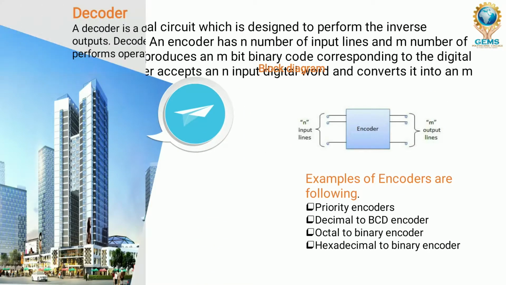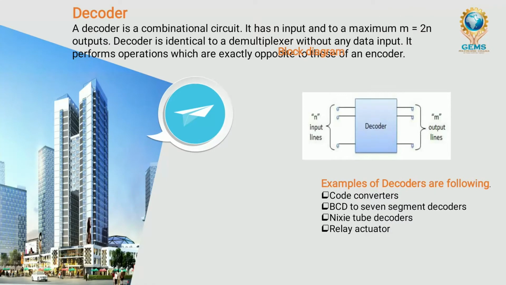Now I am going to talk about, finally, the decoder. Then I will wind up this video lecture. The decoder is simply the reverse process of the encoder. What is the encoder doing? The quite opposite, the decoder will do. Look at here. This is also converting, just simple. Whatever the encoder is doing, the decoder will do quite the opposite.